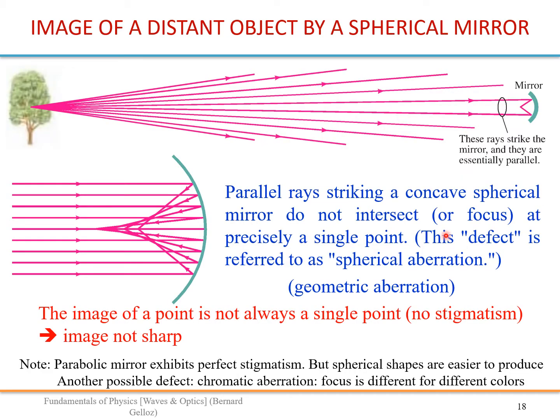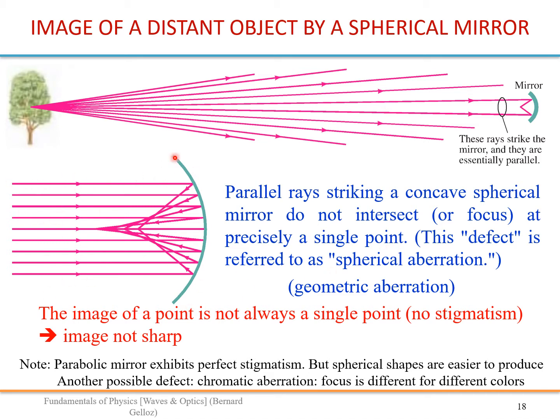Alright, so let's look at the image of an object by a spherical mirror. Let's look first when the object is very far away, for example this tree, and we have this mirror here. We make an approximation. Because this tree is very far from the mirror, the rays that intersect the mirror can be considered as being parallel. You ignore the small angle that's left here, and you consider the rays as being essentially parallel. So we are in this configuration, parallel rays intersecting the mirror.